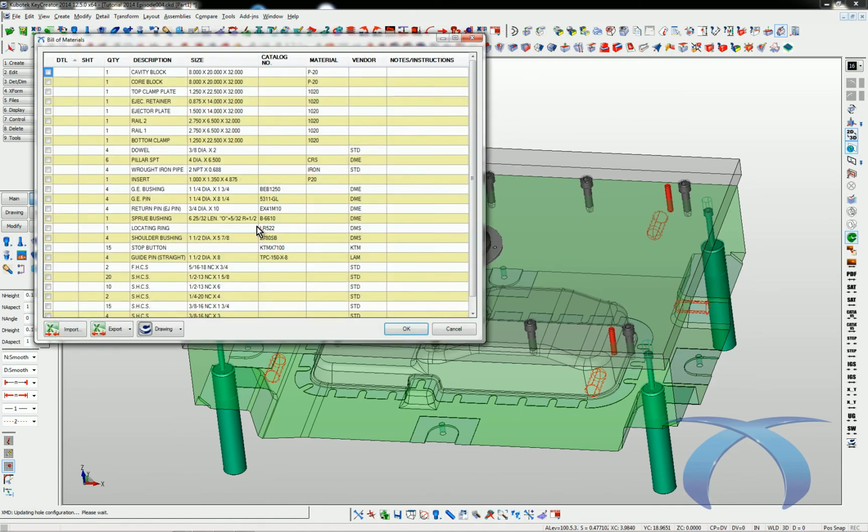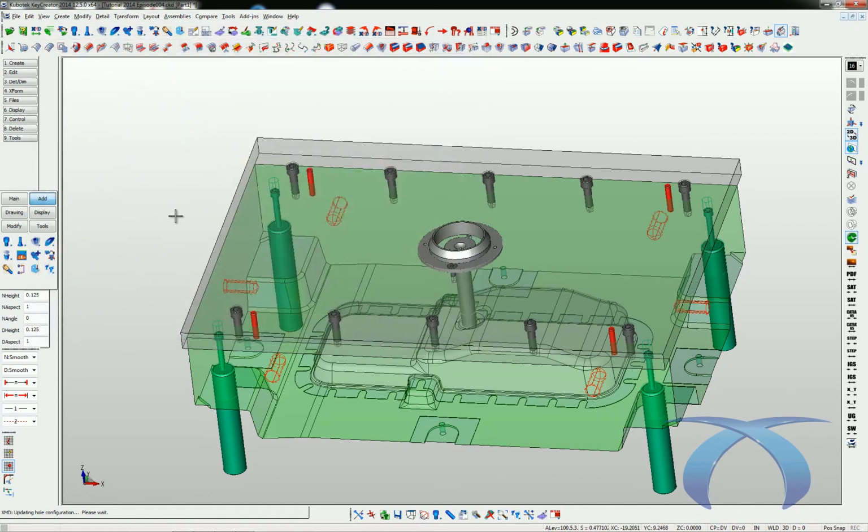So really, really easy to do. I'll go ahead and say OK, and I'm going to save that off. So now I'm making progress on my design while I'm learning how to use these features. Really, really impressive. Okay, so now from there, what we're going to do is add some pillar supports and some